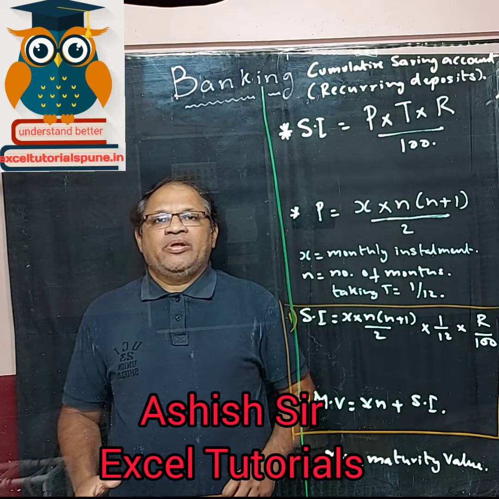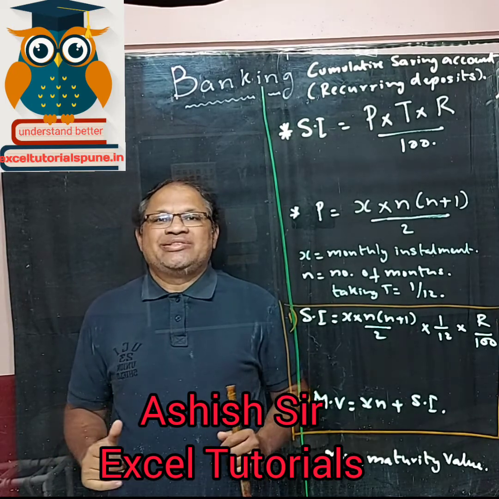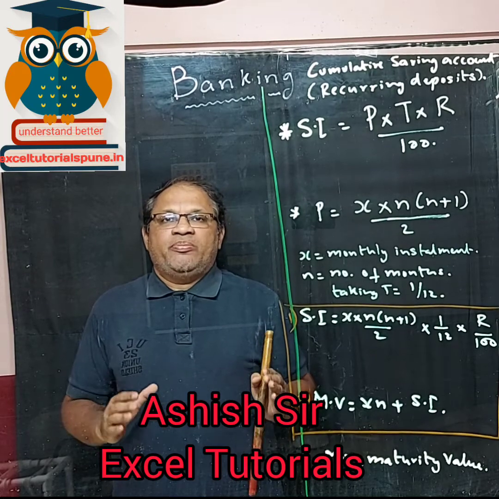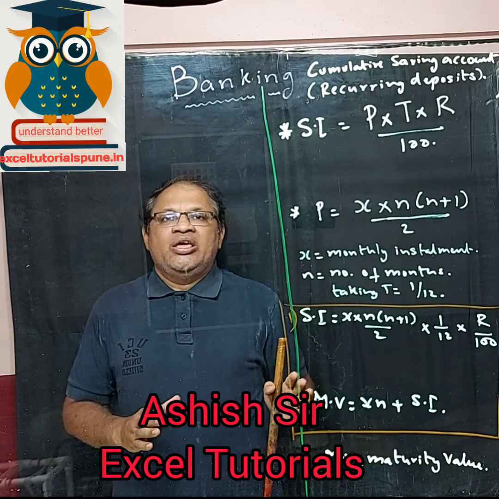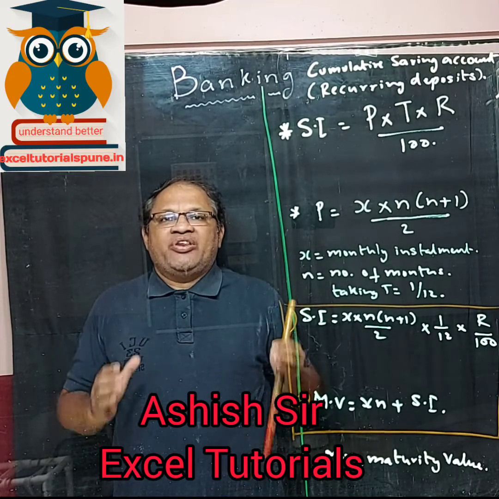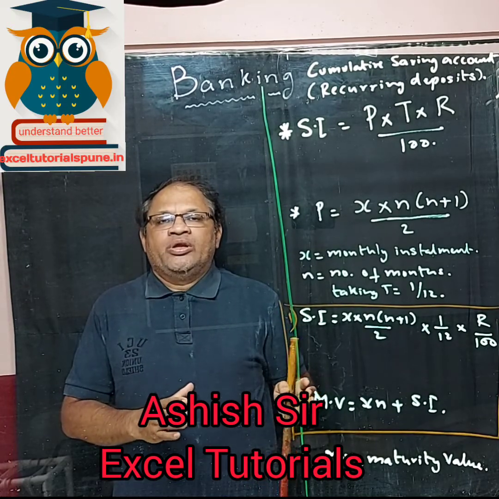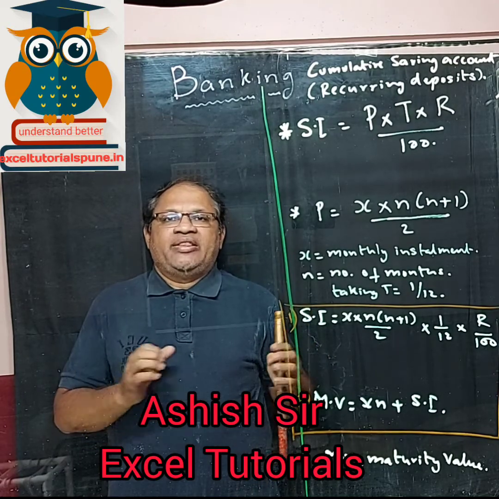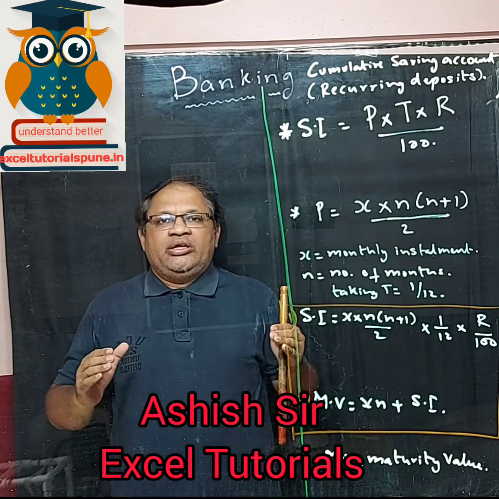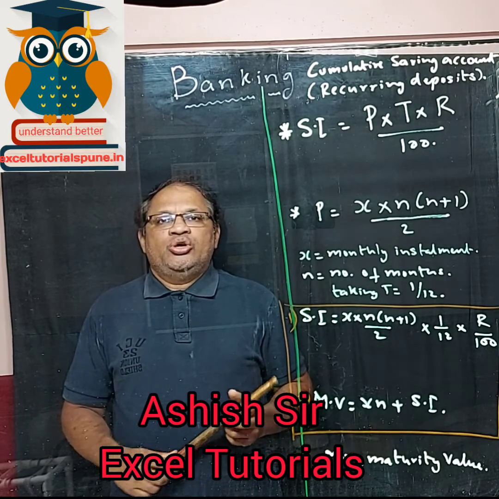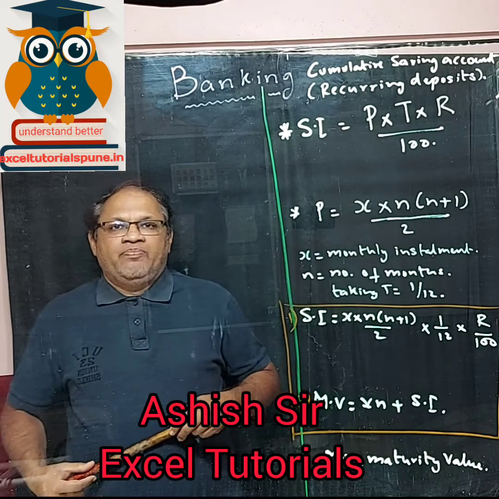Now there are some people who are small savers, who save money every month. Now the formula we are going to study is for that. That is, the people who save some amount of money every month, like for example 1000 every month, or 500 every month, or 5000 every month. Now the formula over here is for the small savers. Okay, so how does that formula come?